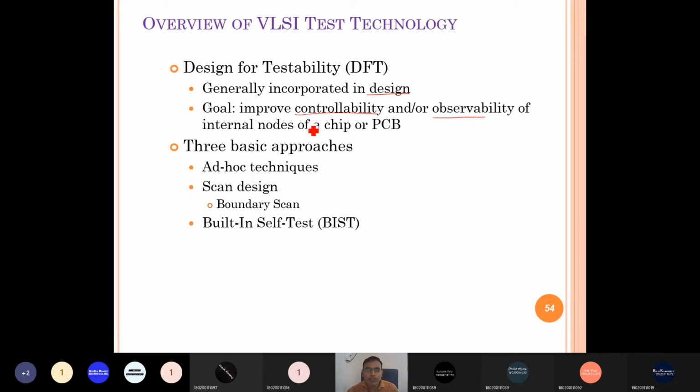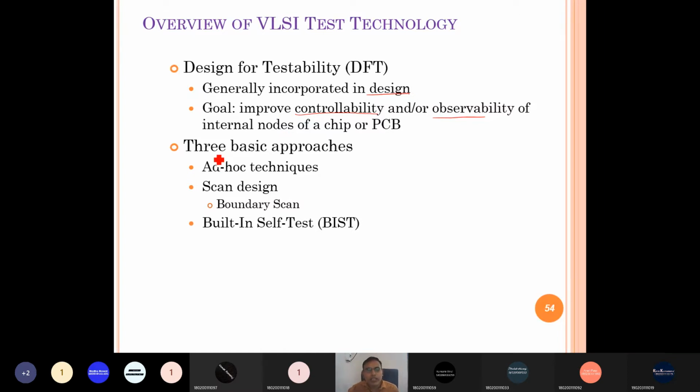The goal of any DFT technique is to reduce this difficulty.